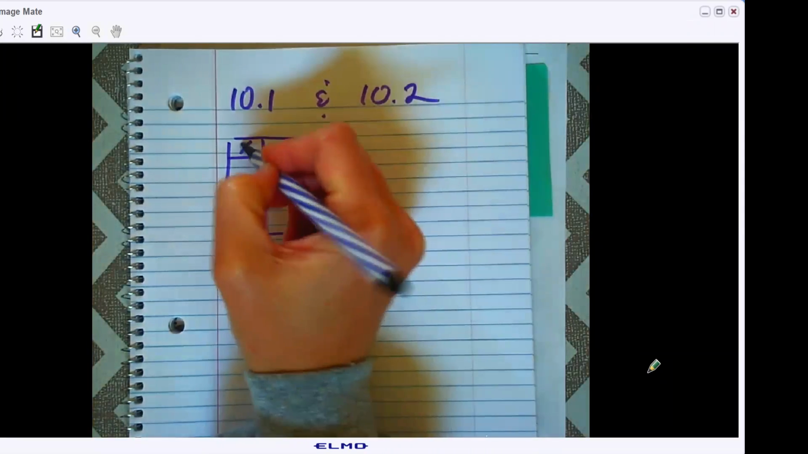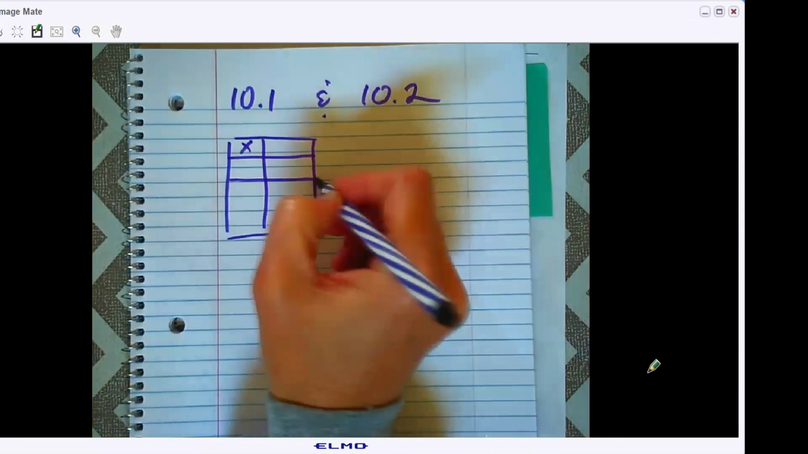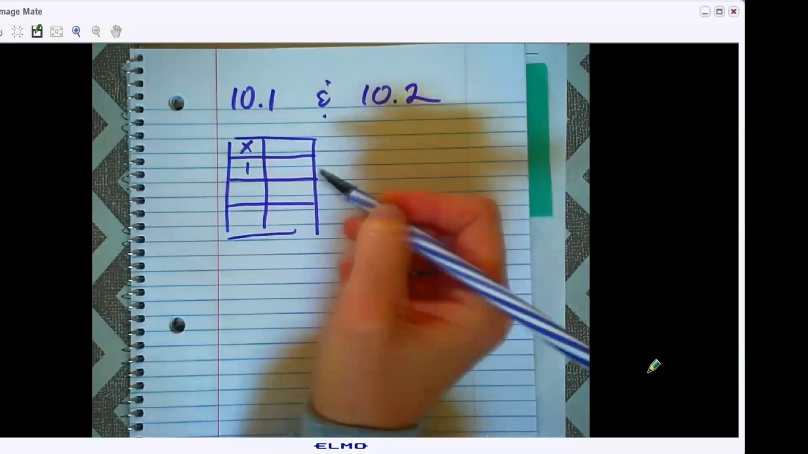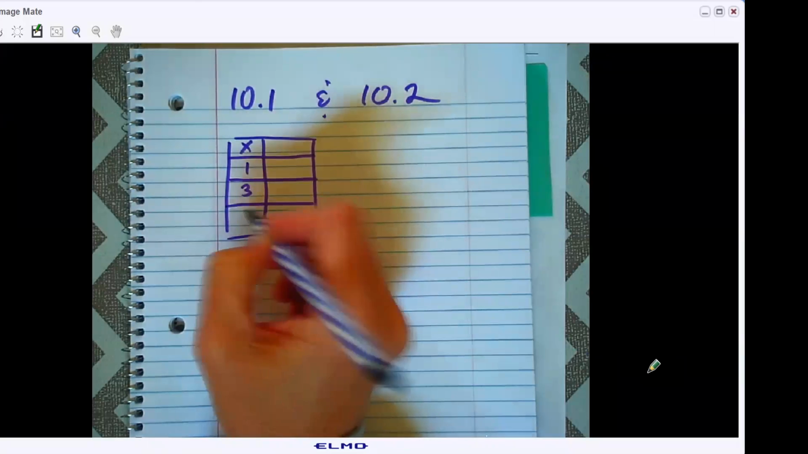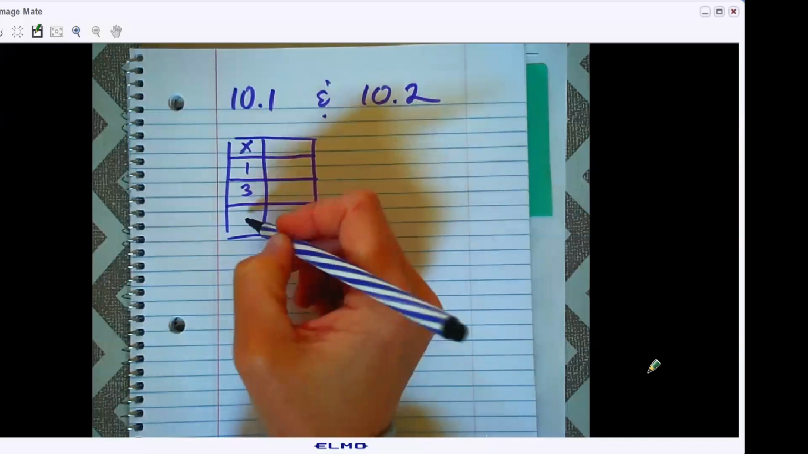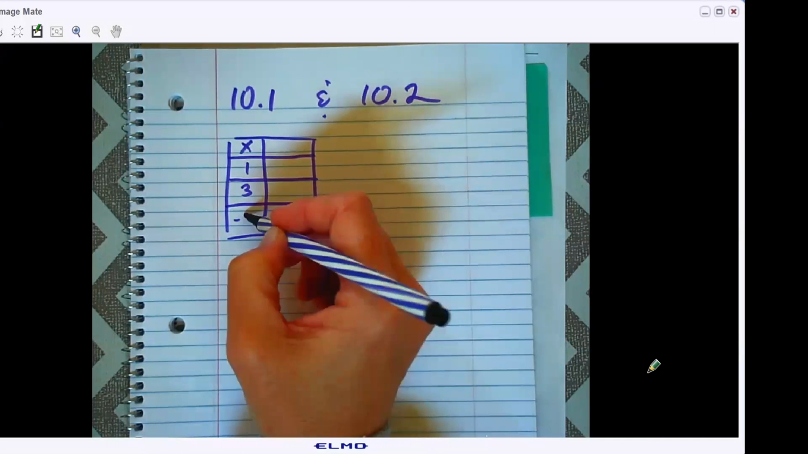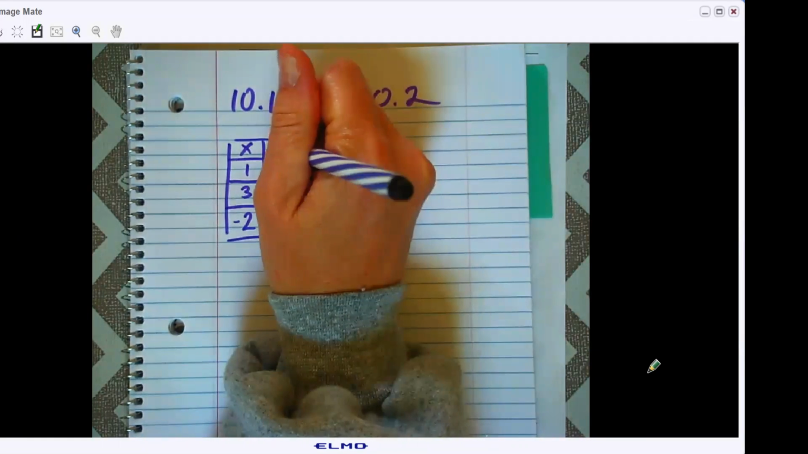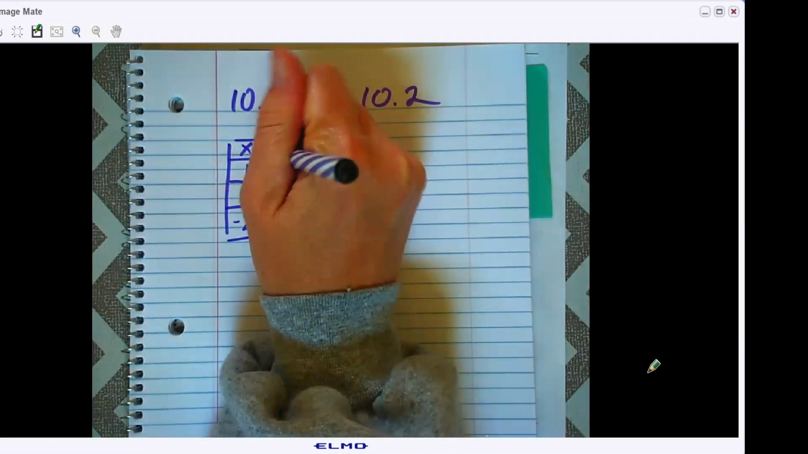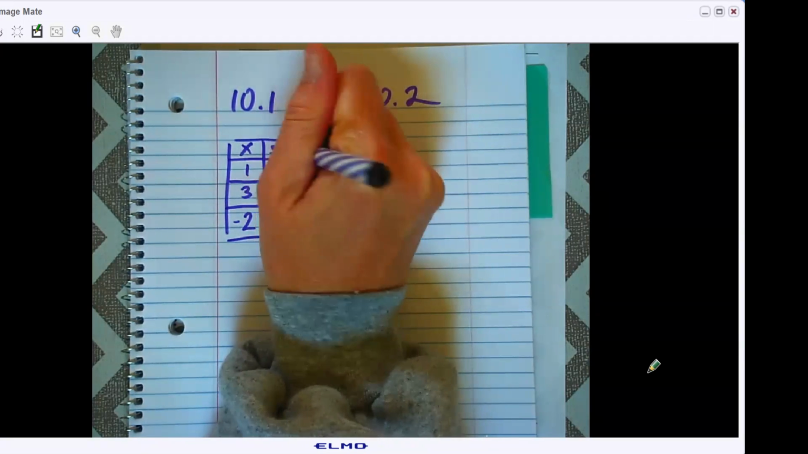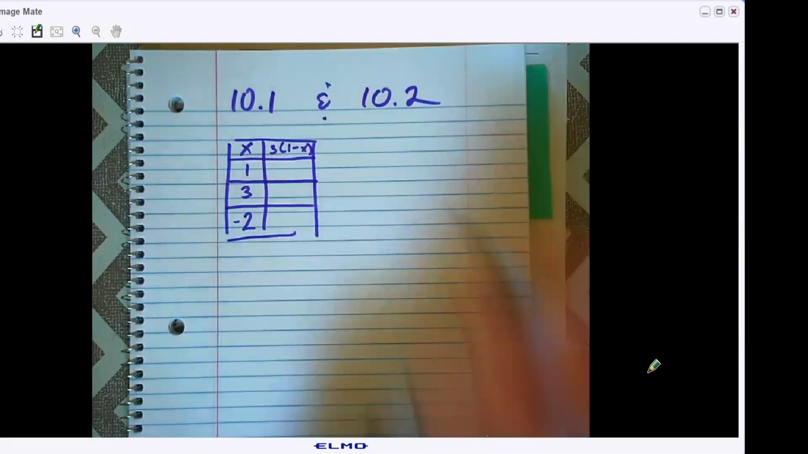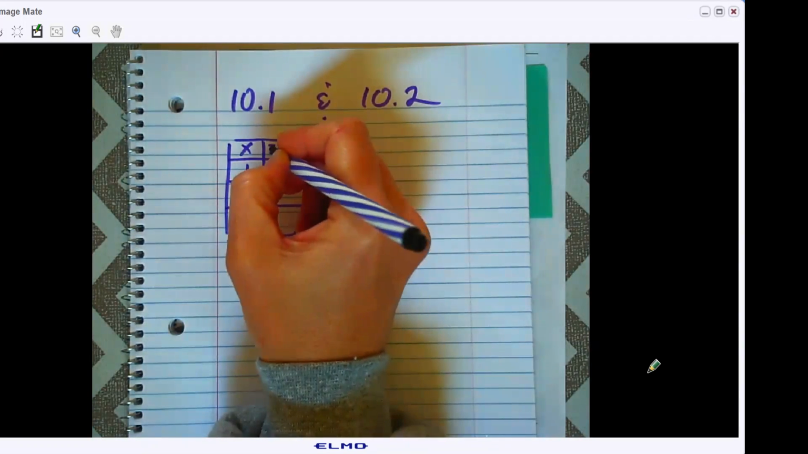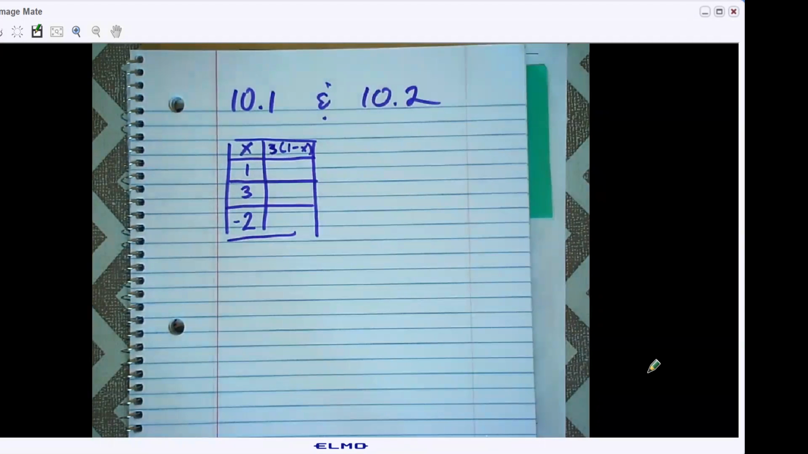And it said, this is X, and these are some values of X. I'm going to give it a 1, a 3, and, I don't know, I'm going to even go -2, sure, because it doesn't matter. And let's say it's 3 times 1 minus X. That's going to be our expression. Now,